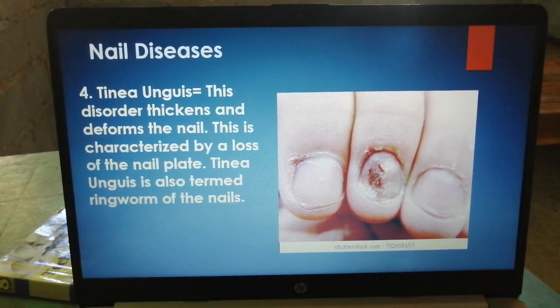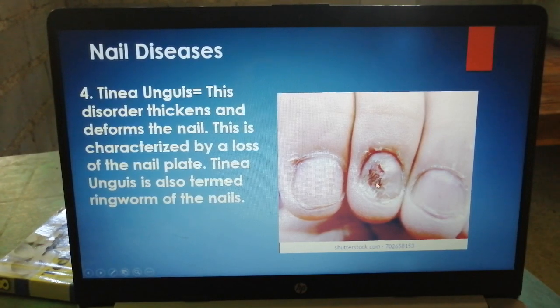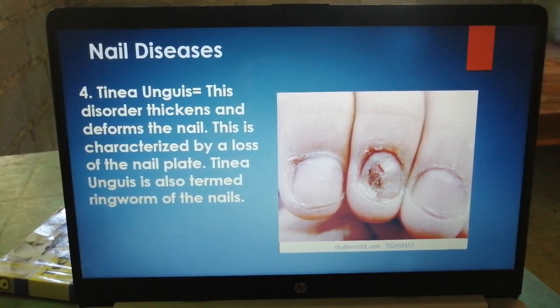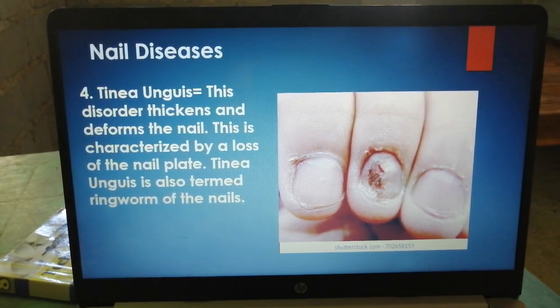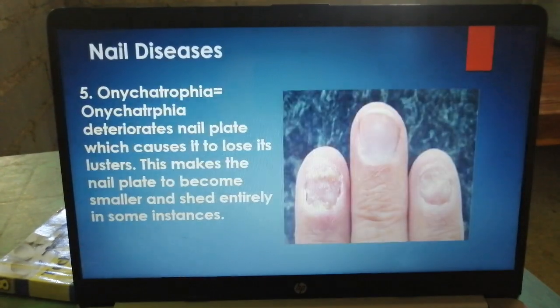So pag nag-i-start naman itong masugat yung mga kuko natin pag halimbawa nasasaktan natin yung mga laman doon sa loob ng kuko natin. Pag halimbawa nagkamali tayo, natusok natin siya ng stick or natusok natin siya ng kutsilyo, masusugat yung laman doon sa loob kaya tayo nagkakaganyan. Okay, so next is